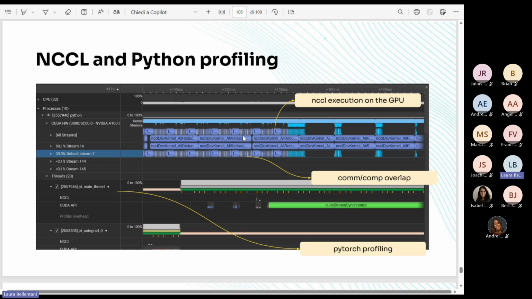So if you're working with trainings, Nsight Systems can be a useful tool, for example, as in this case, to understand the level of efficiency of overlap of NCCL communication with computation, and to see where there are gaps and try to understand why.